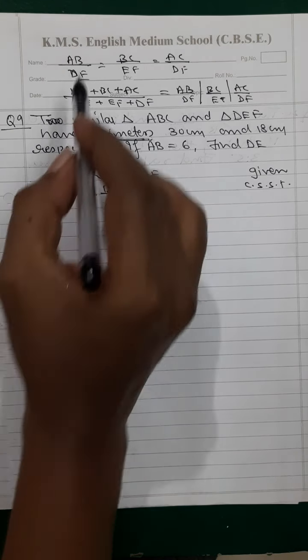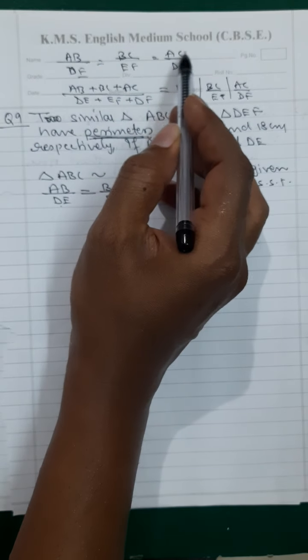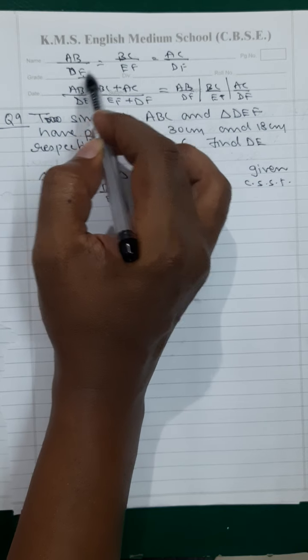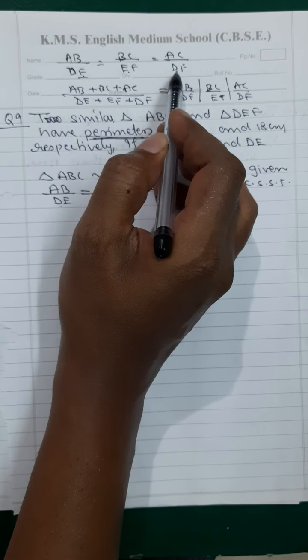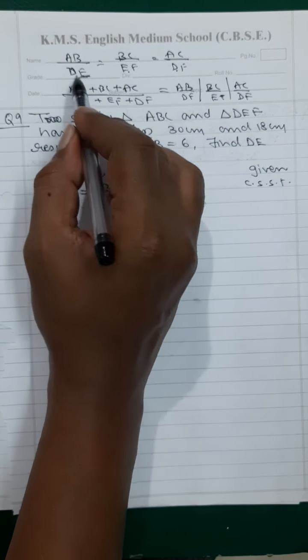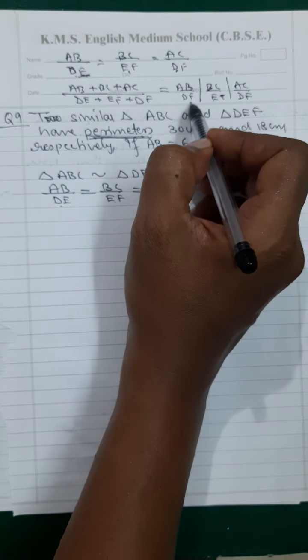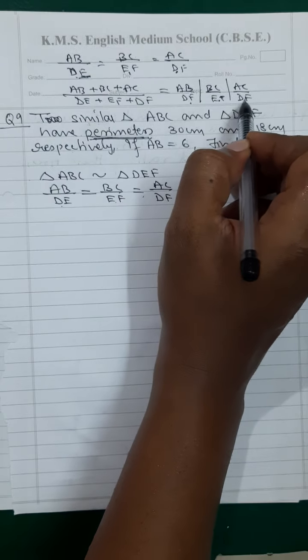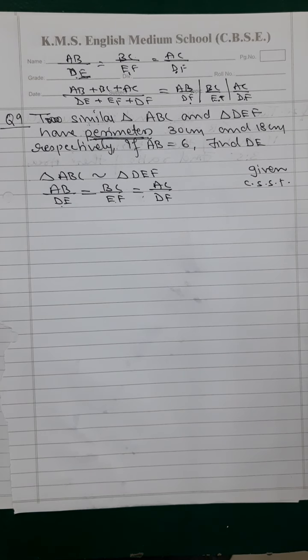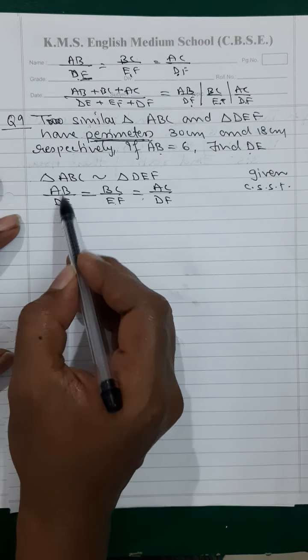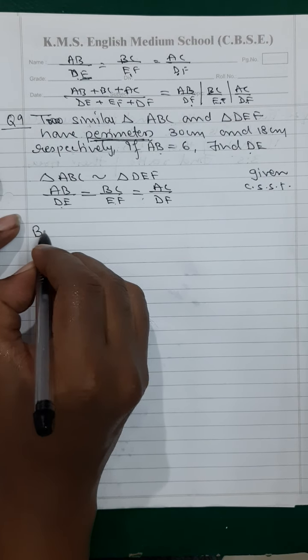Not only addition, even if you go on subtracting the three, AB minus BC minus AC upon DE minus EF minus DF, will be still equal to AB upon DE or BC upon EF or AC upon DF. Any one you can take. That is theorem on equal ratios basically. So here I am going to deal with AB and finding DE. So what I will tell by